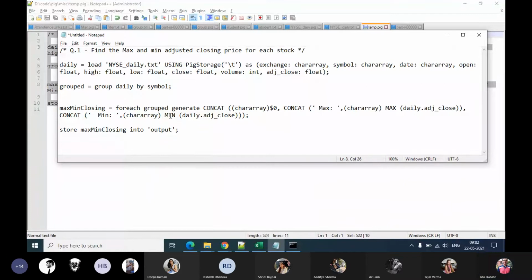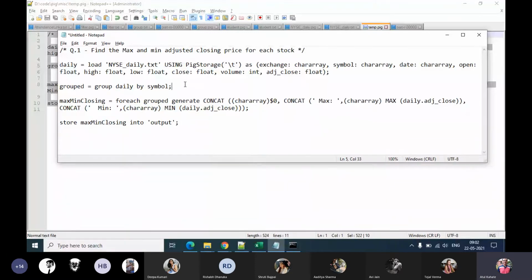Then we find out the minimum for that particular stock price. As you can see, this is what I was saying again and again, that using Pig, you can write really powerful code in very few lines, for which you may require a lot of coding in the traditional programming languages.